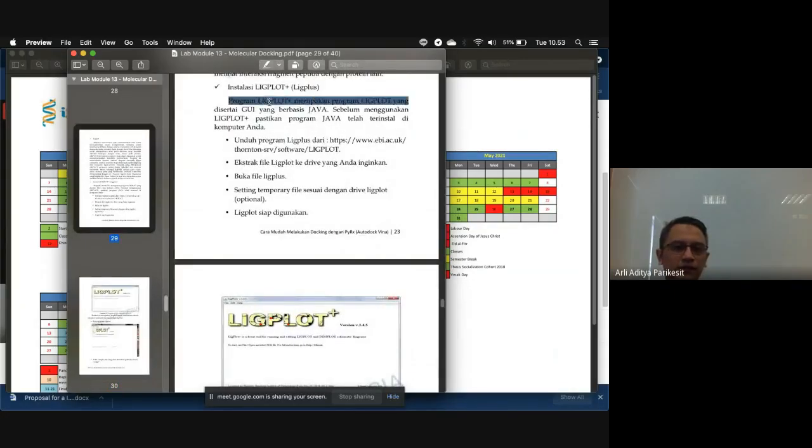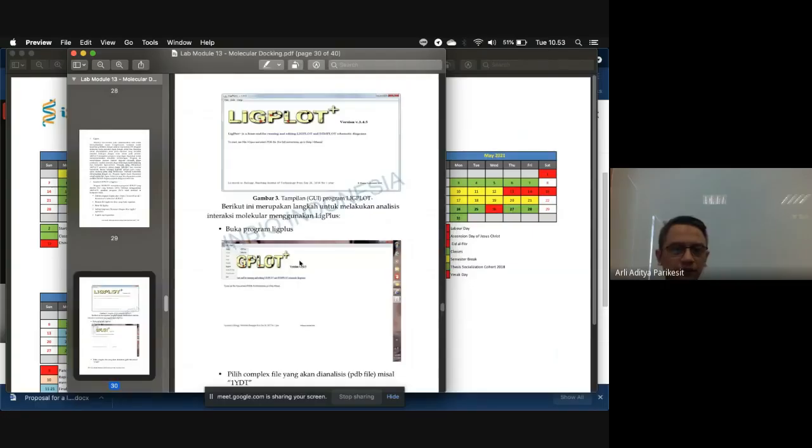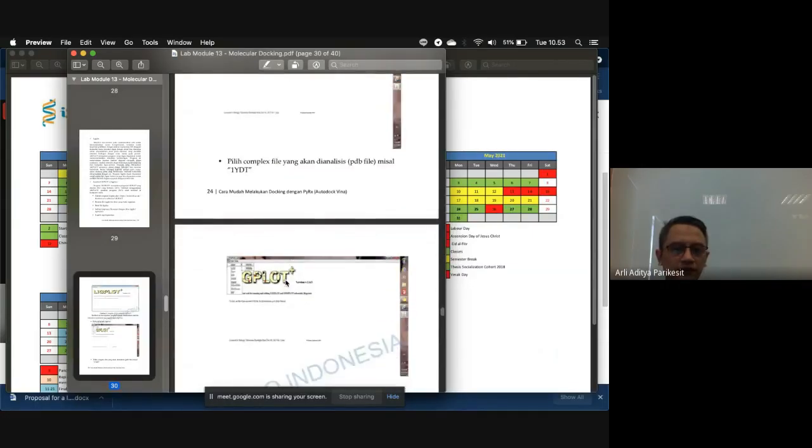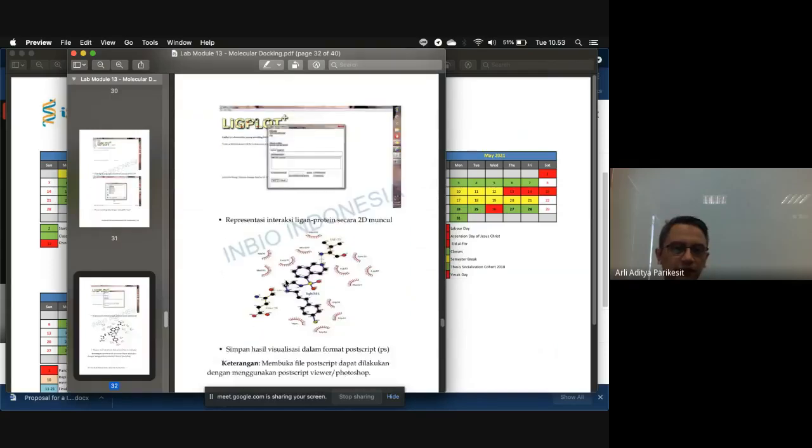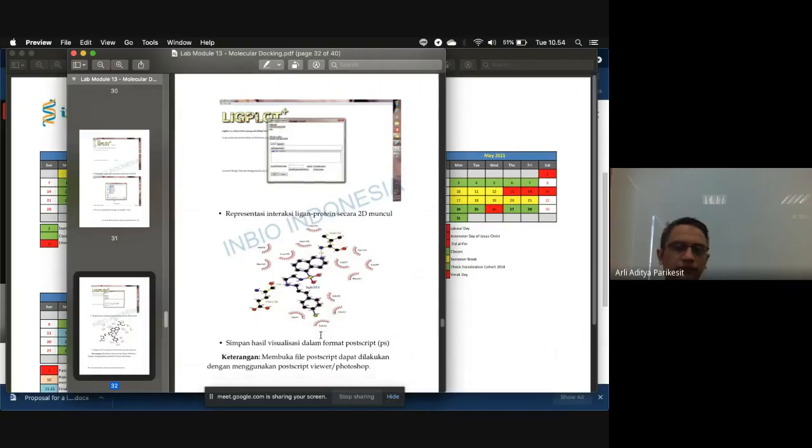The name of the program is LigPlot. Then you upload the PDB file, the docking result file, and you get the interaction data. This is the hydrophobic interaction here. There are hydrogen bonds here. This is the hydrogen bonding.